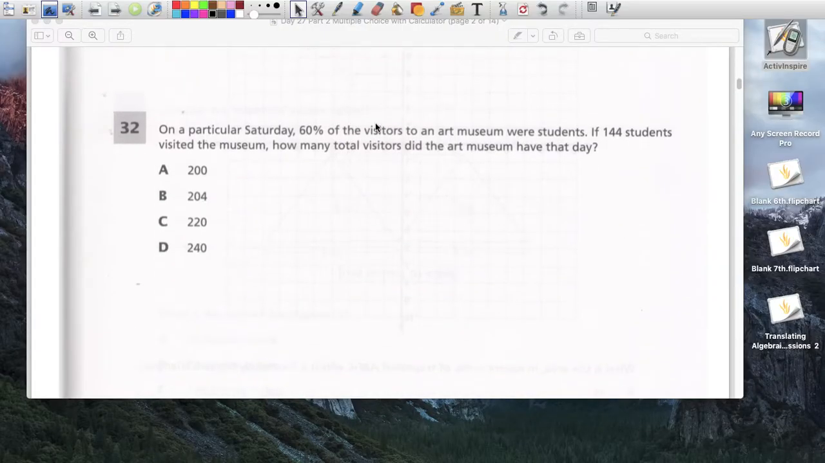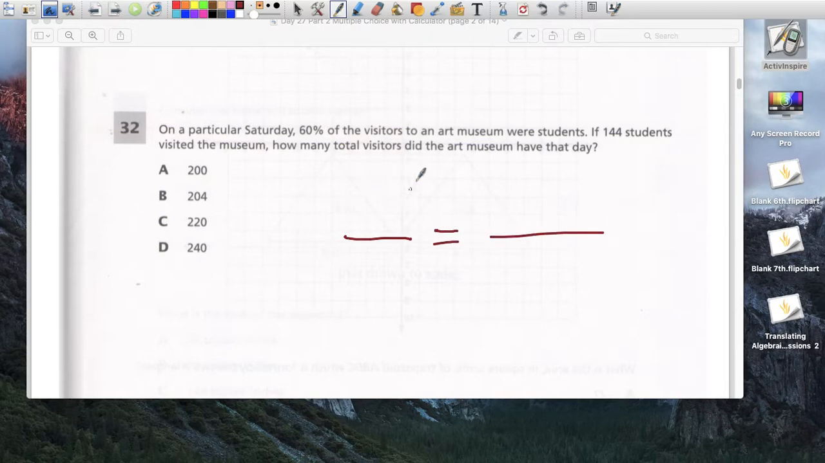On a particular day, 60% of visitors to art museums were students. 144 students visit the museum. How many total visitors did the art museum have that day? Well,